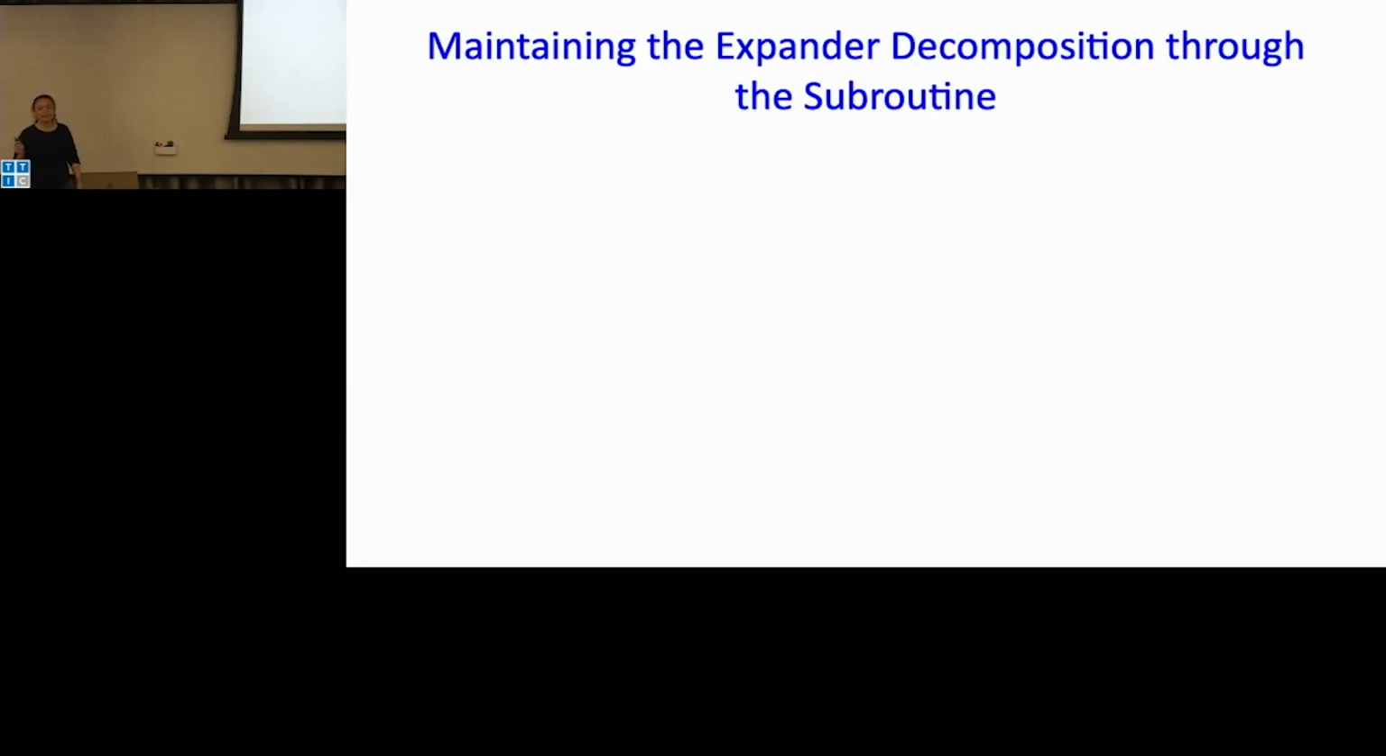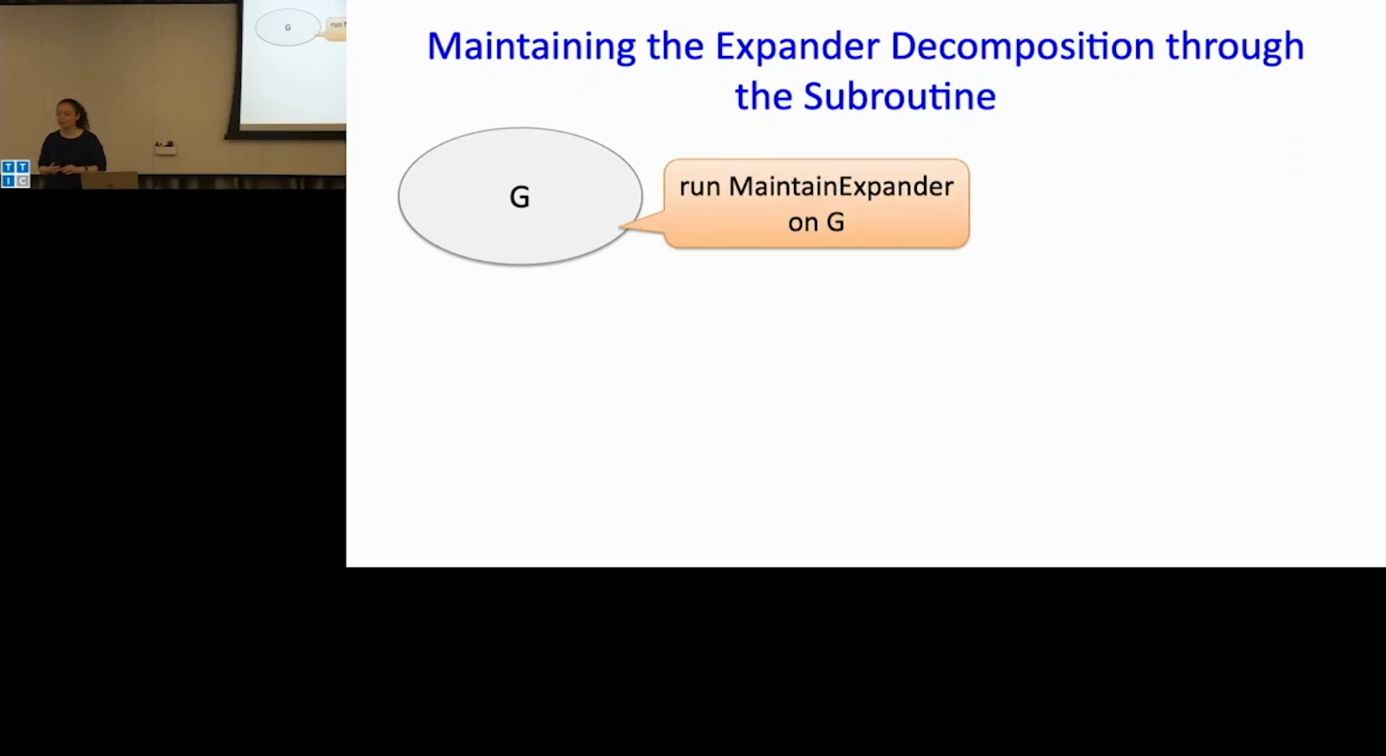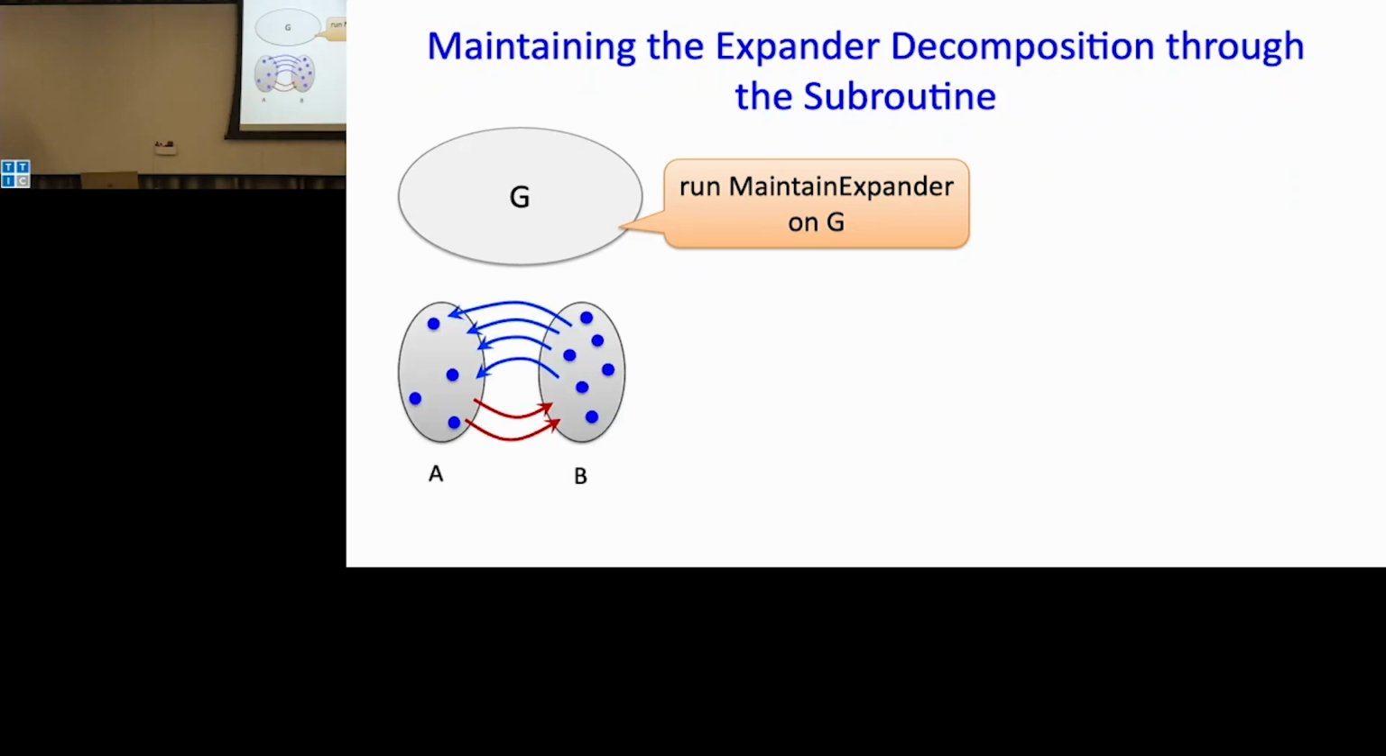So let me quickly show you how this allows us to maintain this expanded decomposition that we wanted so much. First, I start with my graph G, and I think of my expanded decomposition as containing a single cluster, and it's G. And I apply this maintain expander problem to G. And then maybe after some time, or maybe immediately, this algorithm produces some sparse cut in this graph, A and B. So now in my expander decomposition, I'm going to replace G with these two clusters, A and B, but